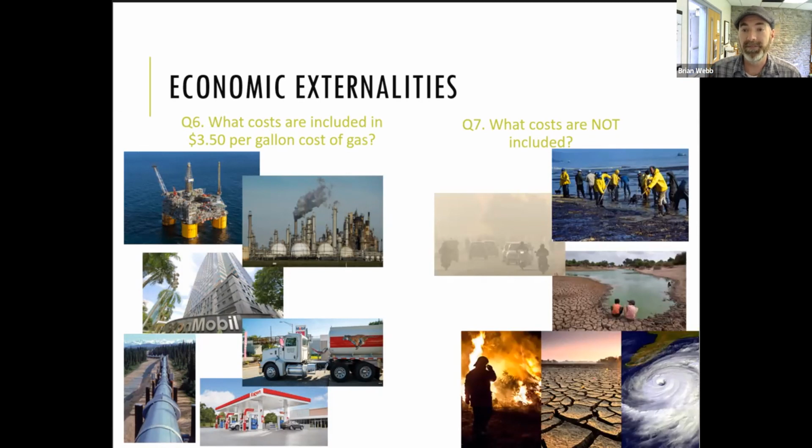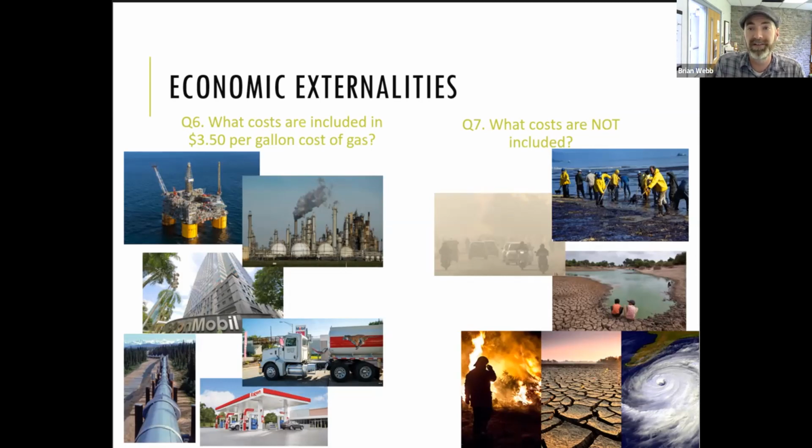So there's plenty of these as well. Oil spills. When there's a massive oil spill, often the companies get away. They're not held accountable. Sometimes they are, sometimes they aren't. And even when they are, they're rarely held accountable for the full costs of cleaning up that disaster. Or the costs related to pollution, like we talked about before, air pollution.